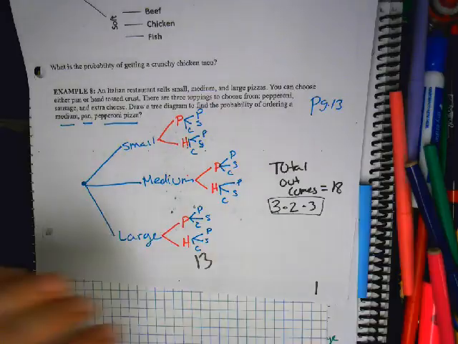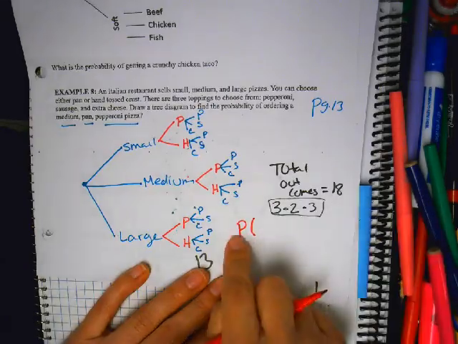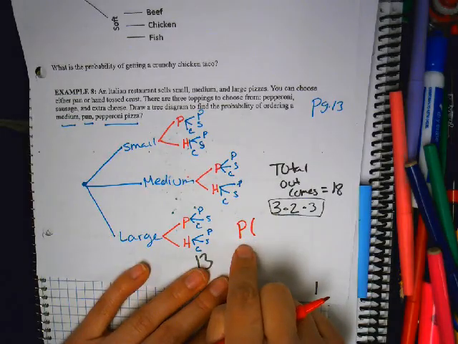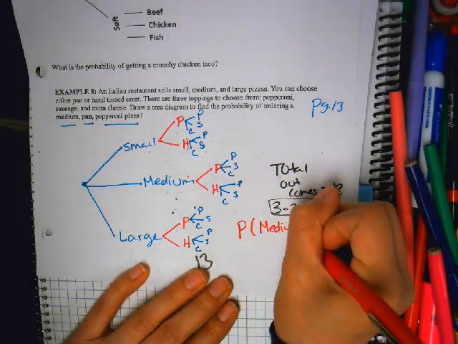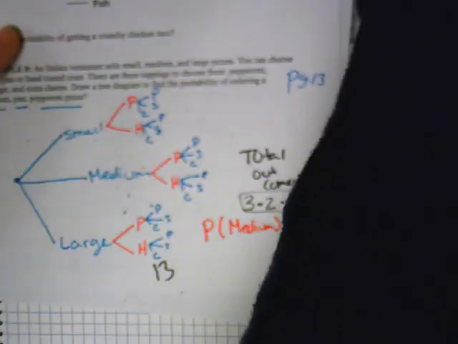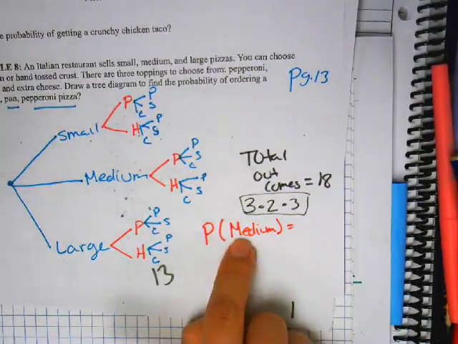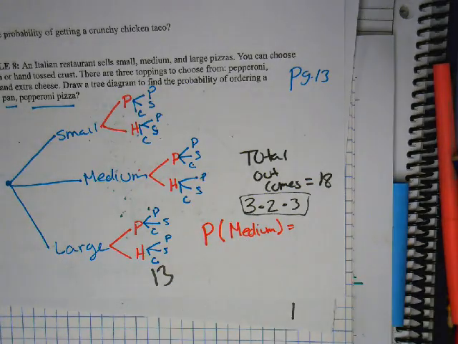Now, a next level would be, okay, what's the probability, so P for probability, what's the probability that my pizza will be the size medium? Okay, so how many of the 18 choices includes a medium pizza? 3. 6. Yeah, 6. 6 is the correct answer. Okay, so